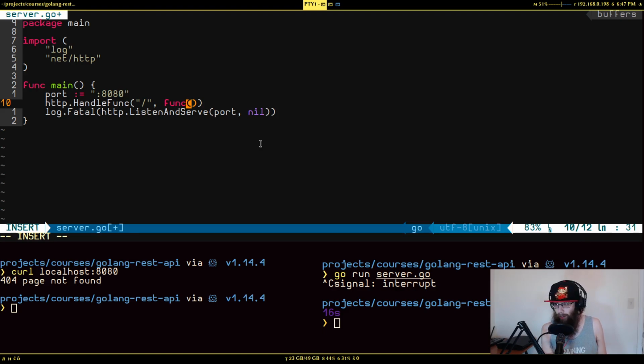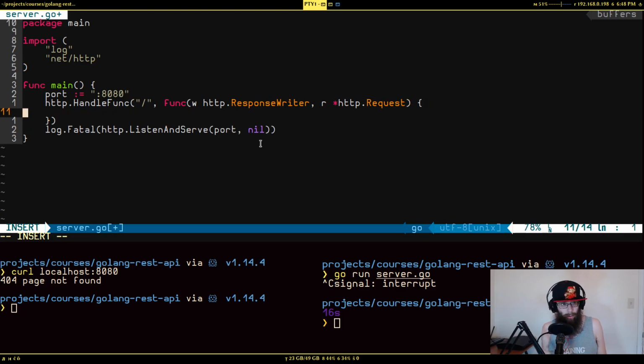And it's going to be first argument is the response writer. Typically, you see this called W, and it's http.ResponseWriter. And then the second argument is the request, and typically you will see this referenced as R, and it's a pointer to http.Request, and it doesn't return anything. And we're just going to do a